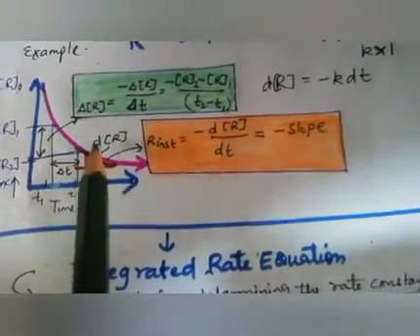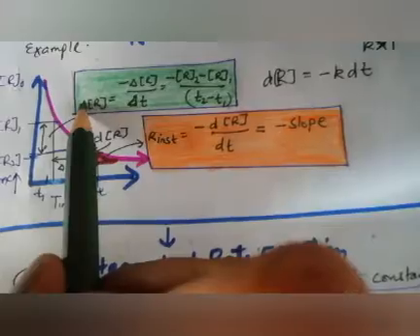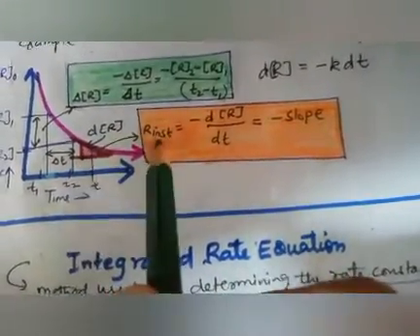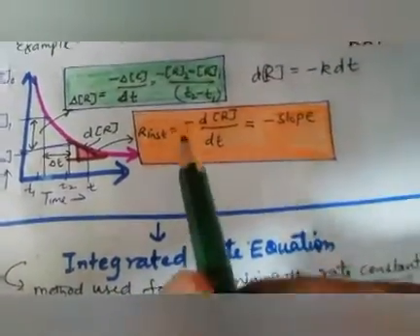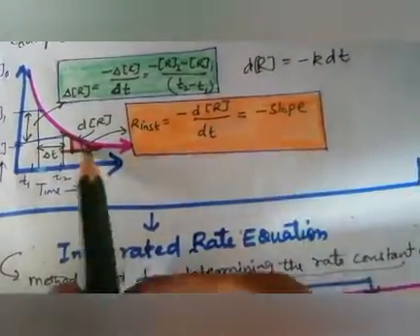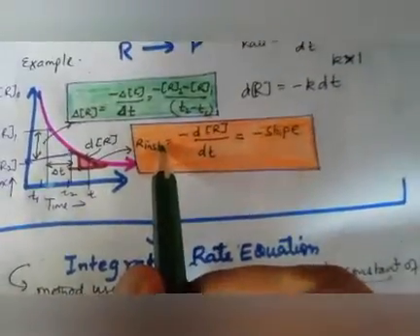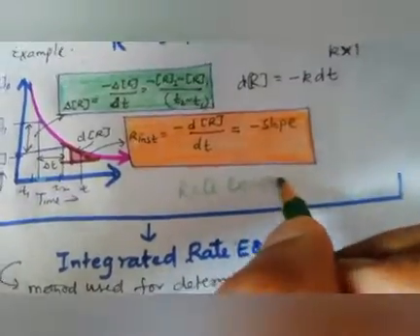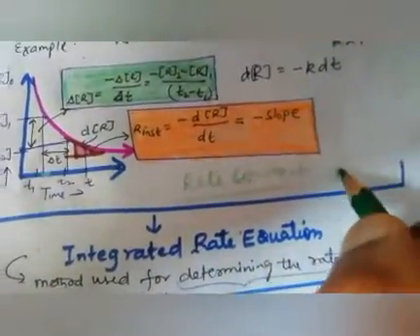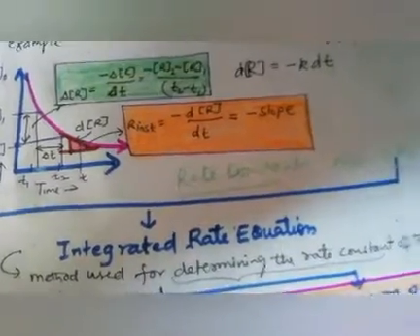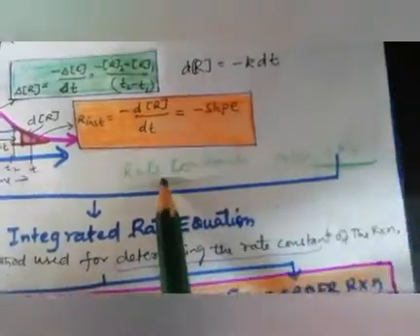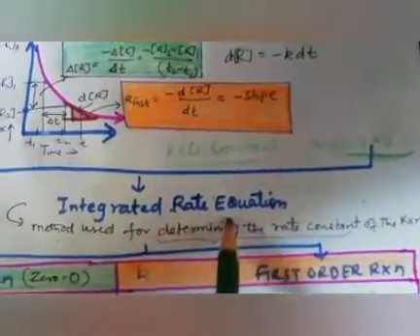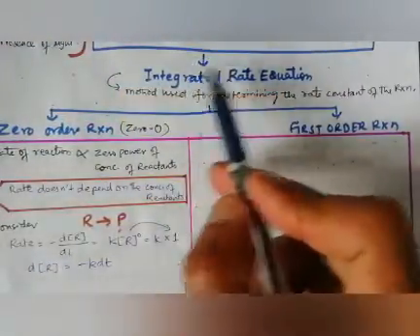But when we talk about differentiation, this is the change in reactant, very small and instantaneous: minus dR upon dt, which shows a negative slope. But it is very difficult to find the rate constant this way. With this method we cannot find the rate constant and order of reaction. So to calculate the order of reaction and rate constant, we need to move to the next method, that is the integrated rate equation. So let's start the integrated rate equation.